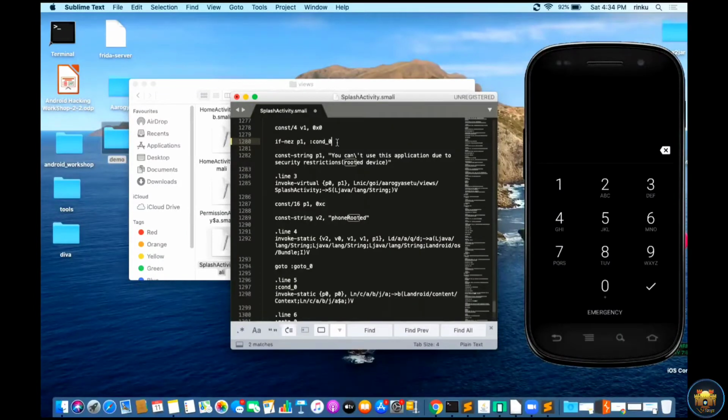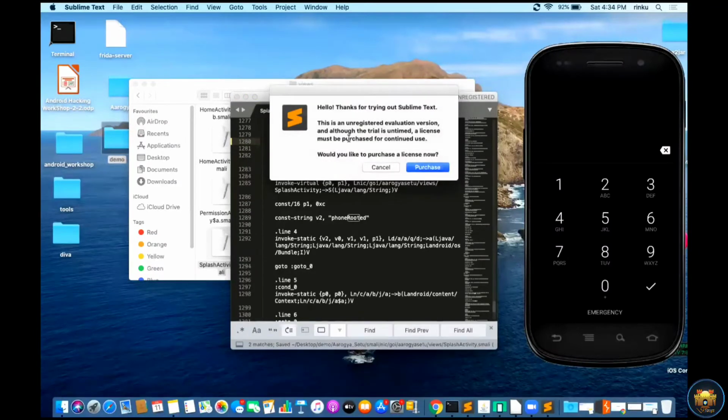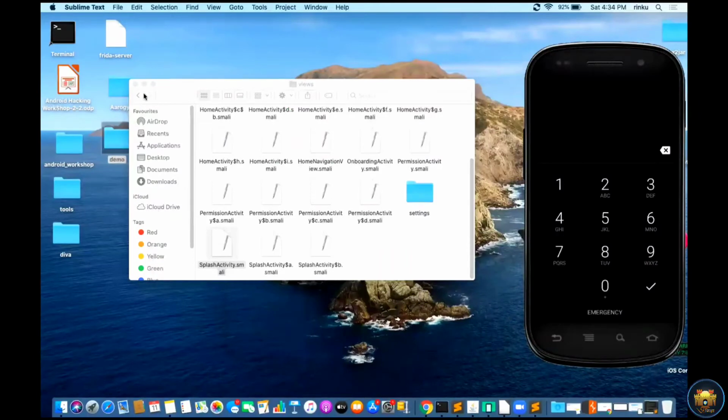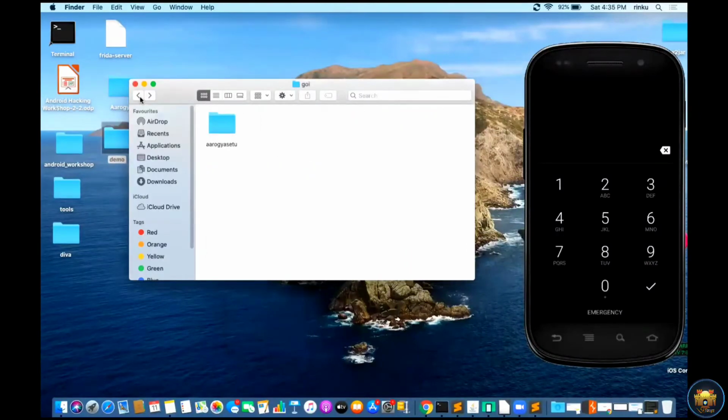So my execution moves to cond_1 and does not execute the pop-up for rooted devices. So I just modify it and save this file. I have saved all the things here.